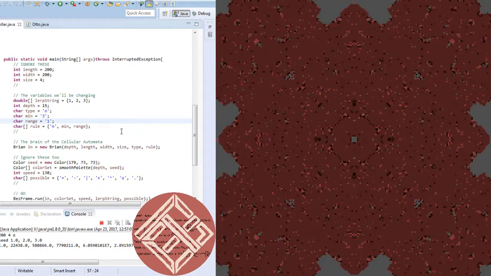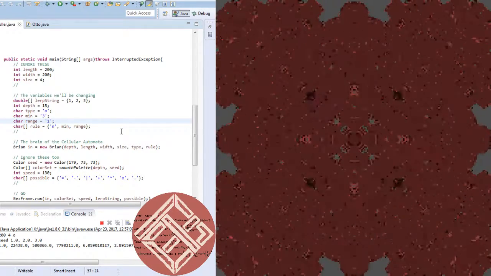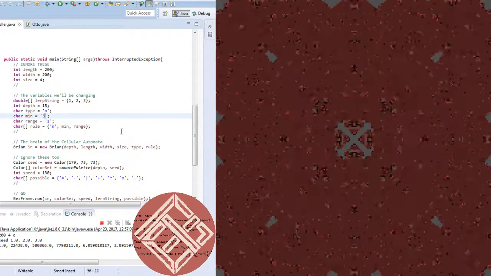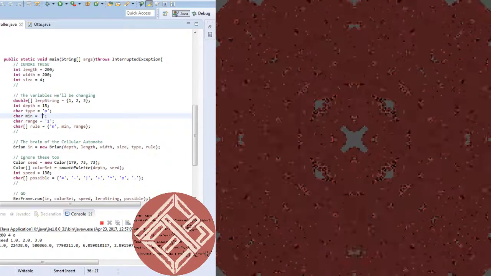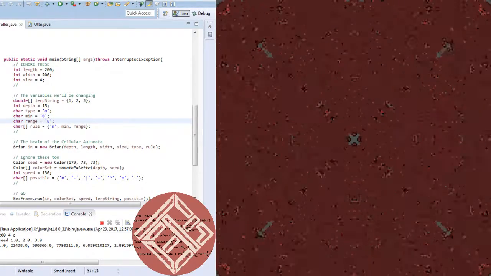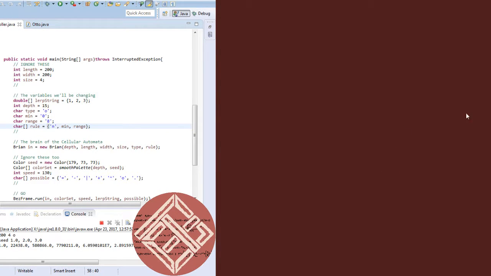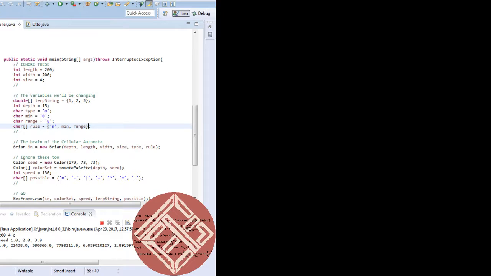since the most pixels that can be on around something is 8, if we were to change the range, if we were to make the range 8 and the minimum number of pixels 0, then it just all fills up. Now, we can do some small adjustments over time and see